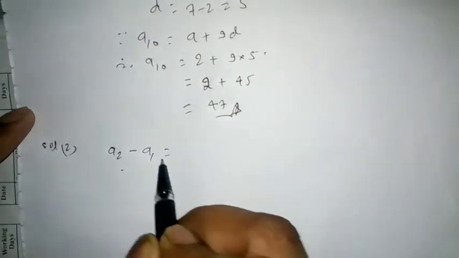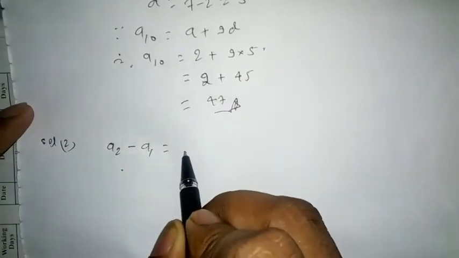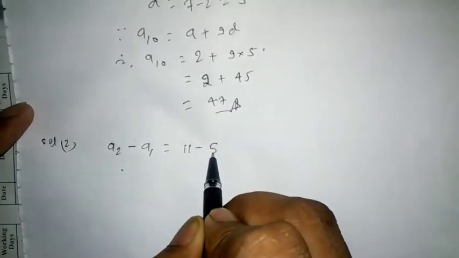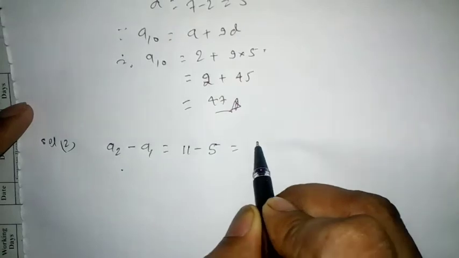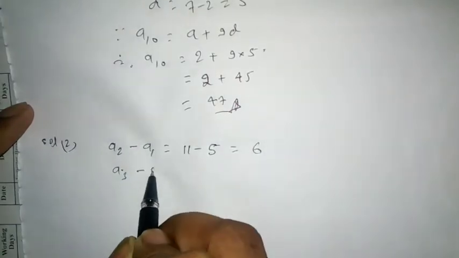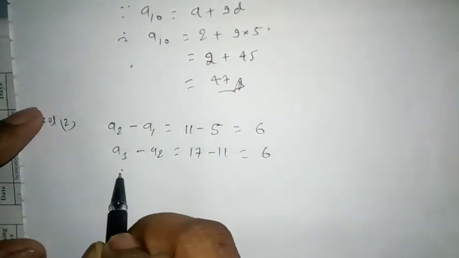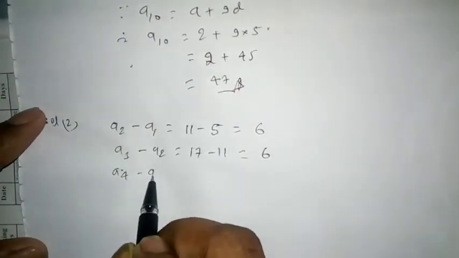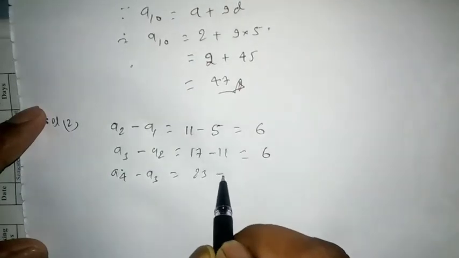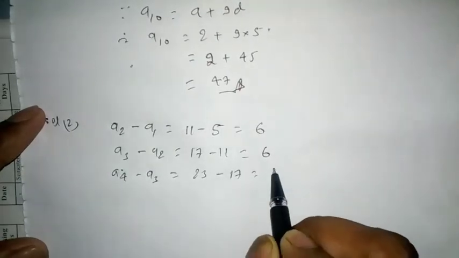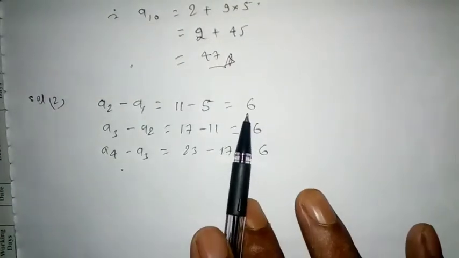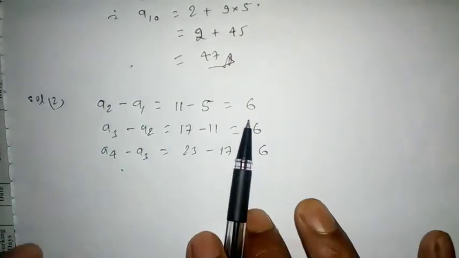A2 minus A1 is equal to second term minus first term, equal to 11 minus 5, is equal to 6. A3 minus A2 is equal to 17 minus 11, is equal to 6. A4 minus A3 is equal to 23 minus 17, is equal to 6. Now the common difference is same,